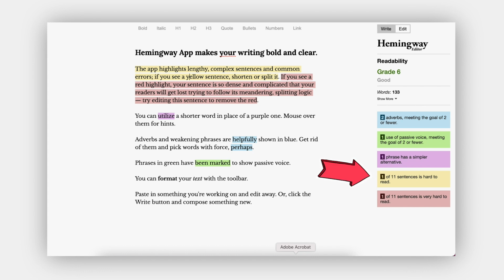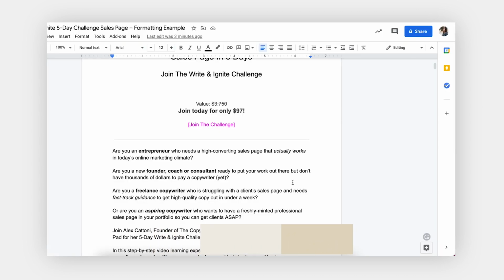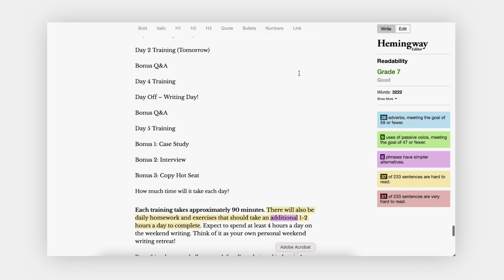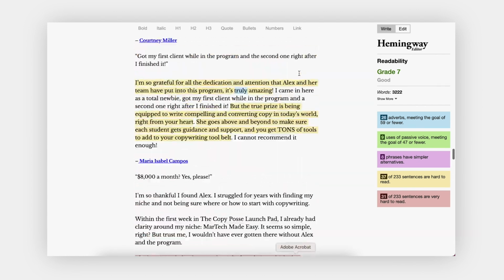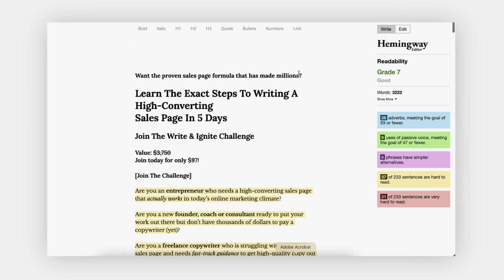Now, if you have any run-on sentences, big walls of text, or excessive adverbs, the Hemingway Editor will highlight it accordingly. So just head over to hemingwayapp.com. It's free to use. You copy and paste your entire sales page into the editor like so. So you can see that the readability of my page is at a 7th grade level, which is great. Now, if you do score higher, just make some adjustments to your page as necessary to get that readability score down to an 8 or below.